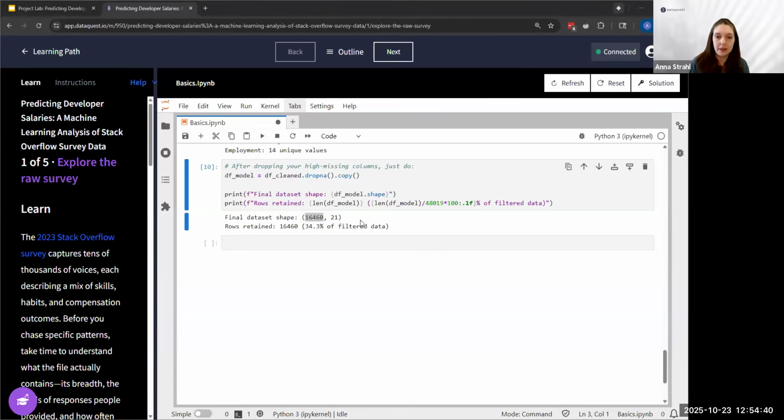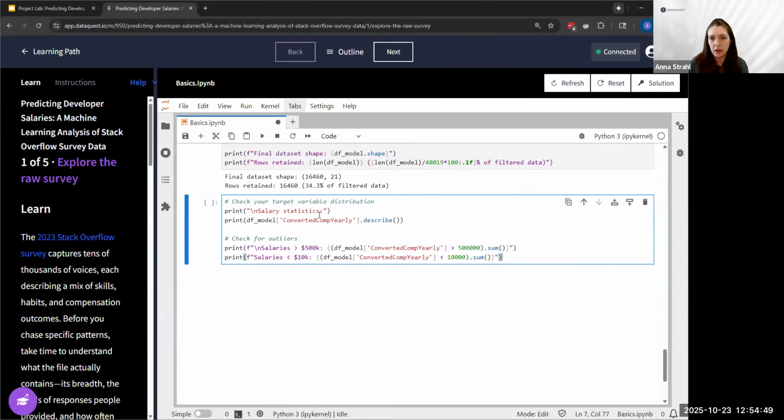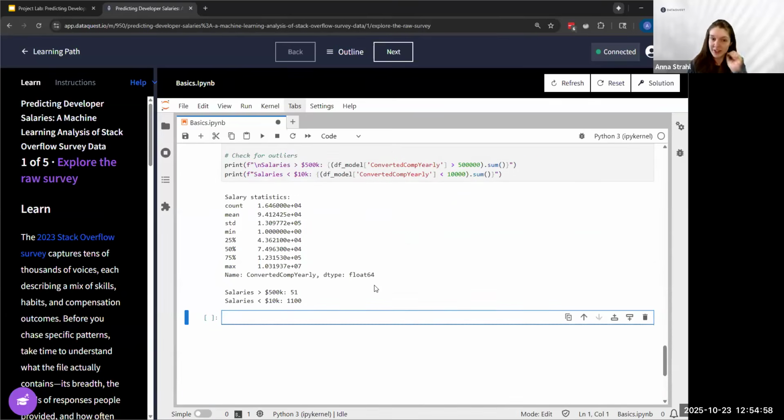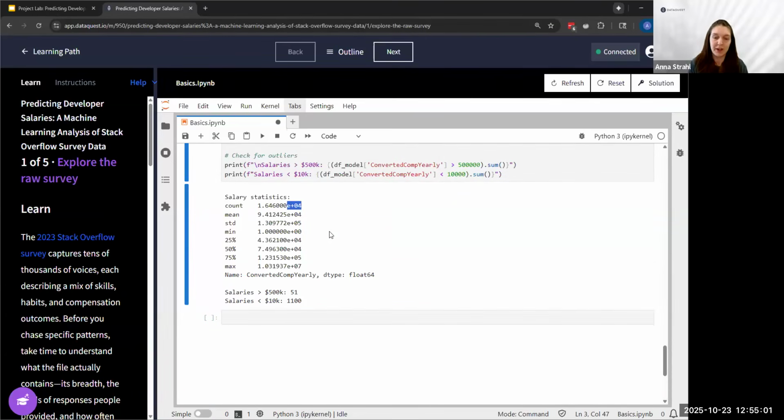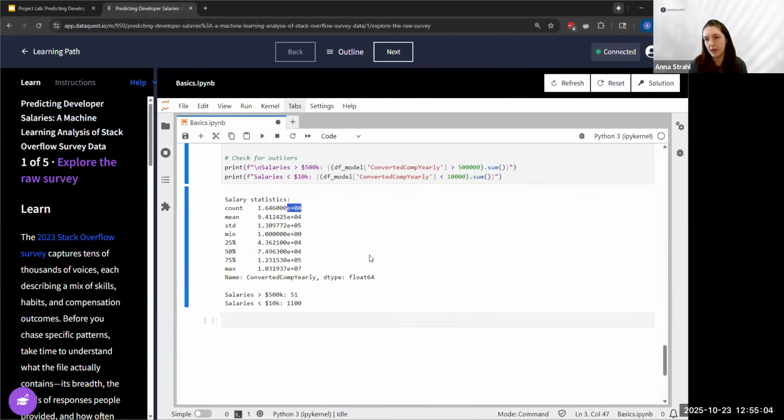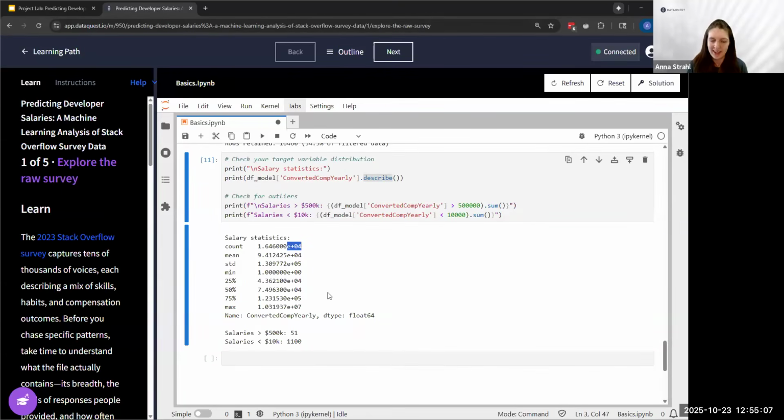Okay, so now that we have a clean, cold data set, let's look at some summary statistics. We're still kind of in our exploratory phase. We're cleaning up as we go. And let's look at the describe method for our target variable, our compensation yearly salary. And our summary statistics are kind of ugly here because the numbers are so large, they're showing in scientific notation. There's a workaround to fix this, but I decided to just leave it as is. So we can see that our minimum salary is $1. And this is annual salary, so that's a little suspicious to me. Our maximum salary is pretty staggering, $10 million,